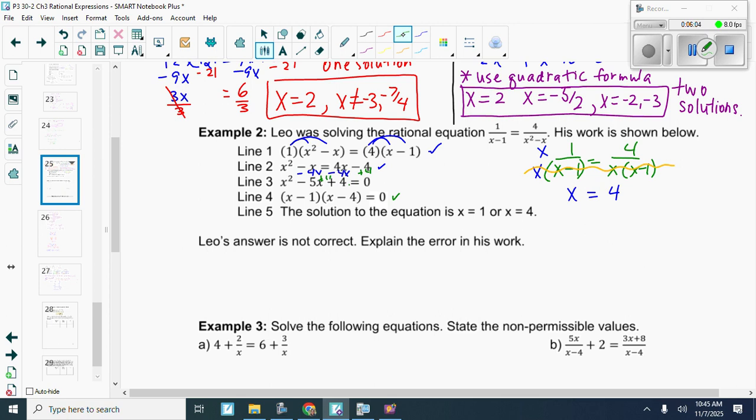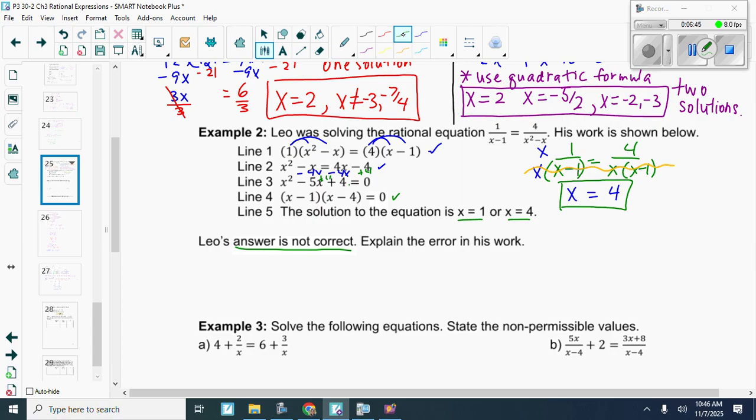And so then they said they had this. Now, we did this and we got one solution, whereas Leo got two solutions. It says Leo's answer is not correct. Explain the error in his work. What's one thing we haven't yet talked about that we always talk about when we do rational expressions? What about the non-permissible values? Did we do NPVs? No, we did not. And guys, this is why factoring the denominator and not doing cross multiplication